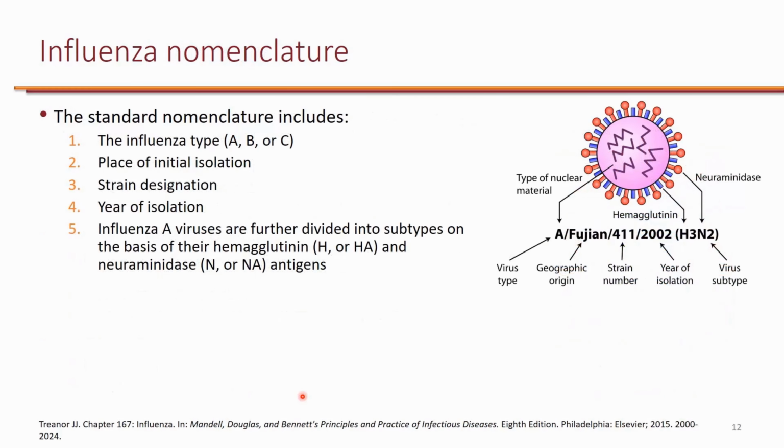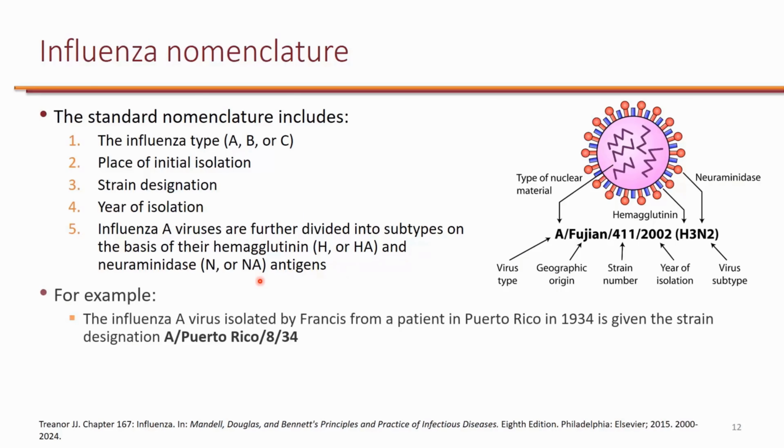Now let's take a look at influenza nomenclature. So the standard nomenclature includes the influenza type, so it's either A, B, or C, and then they put in the name the place of initial isolation, followed by strain designation, year of isolation, and in the case of influenza A, it is also divided into subtypes on the basis of H and N. So, for example, the influenza A virus that was isolated by Francis from a patient in Puerto Rico in 1934 is given the strain designation A, Puerto Rico